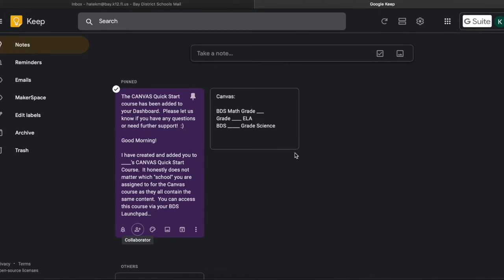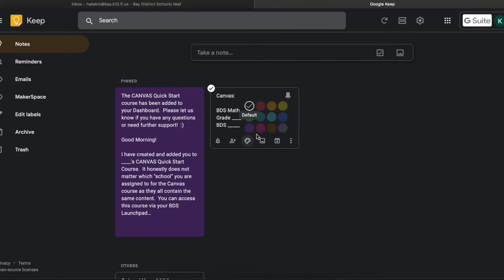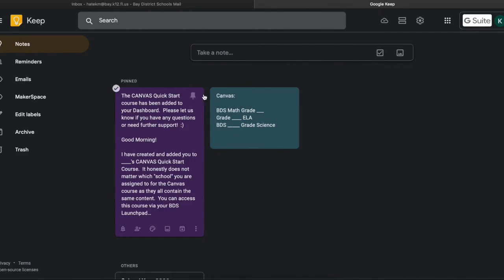Okay, so this is a purple one, just to play around with it. I'm going to set this one to blue. Just gives it a little more personalization. On Google Notes,